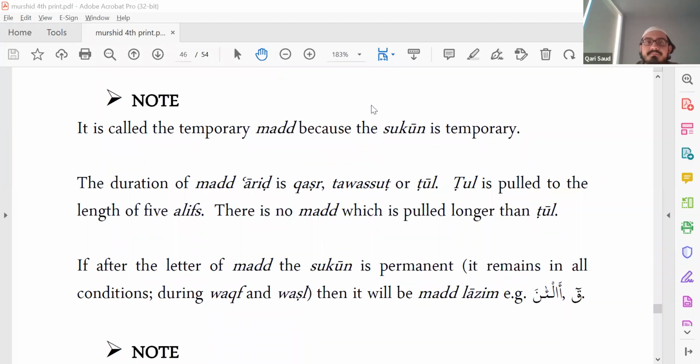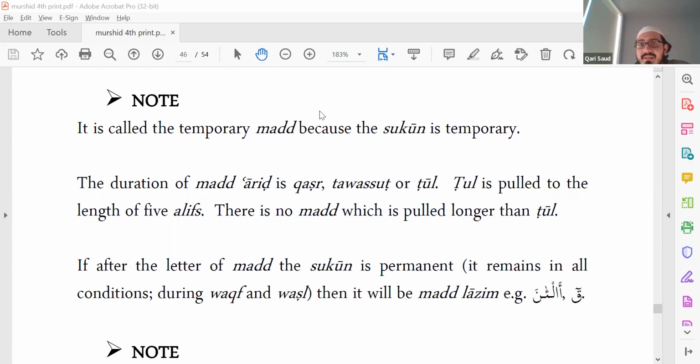Okay, now before we move forward, I said I'm going to give you a very easy way to know the mads or the durations. Your fingers here. So just look here before you ask the question. Qasr is just 1 alif. So you're going to use your hands. If you open 1 finger, that is 1 alif, which refers to qasr.